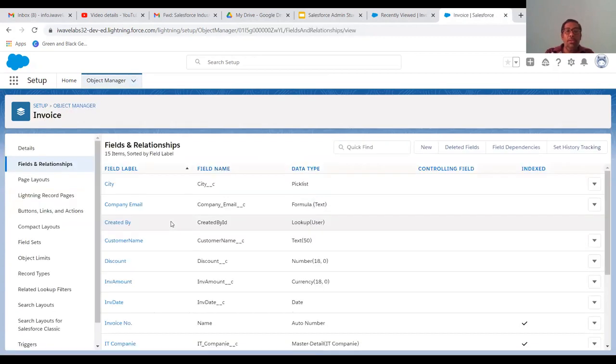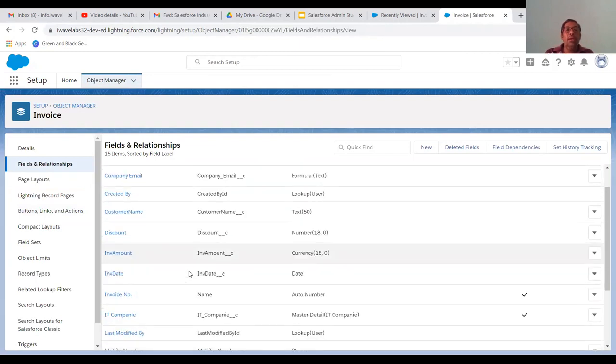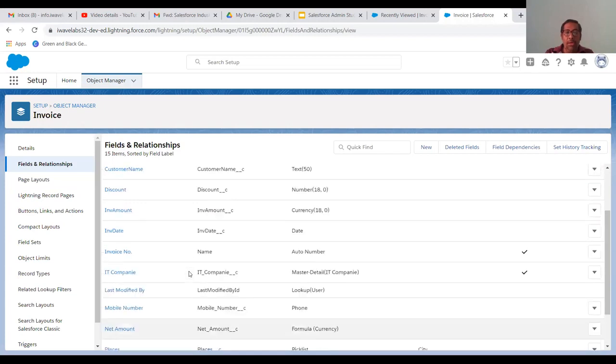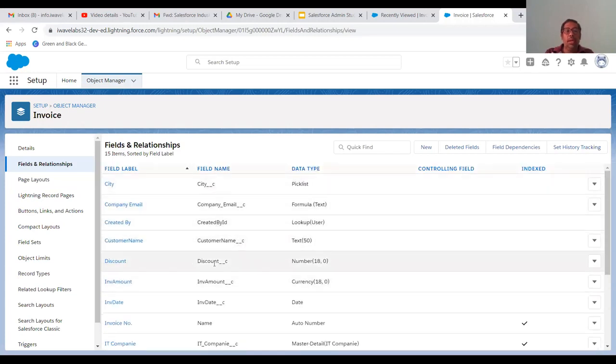Now I'll click on field and relationship. Here I'm going to create one more field called country. Or else I'm going to create item rate per quantity. For example, if this is one quantity, how much is the price? For 25 quantity, what is the price? That we are going to do, because normally in all invoice pages and invoice bills you will have it. So I'm going to create a field called item rate per quantity.